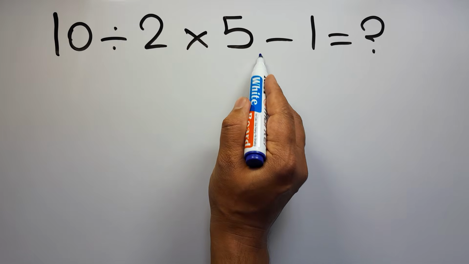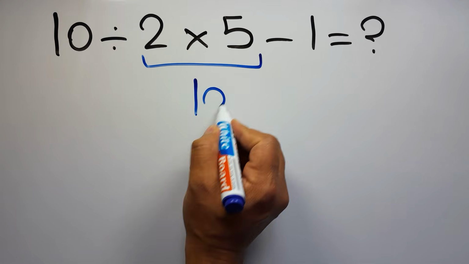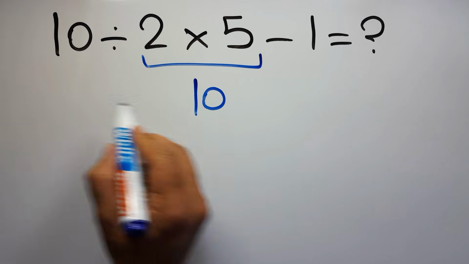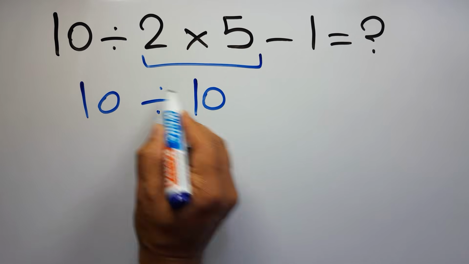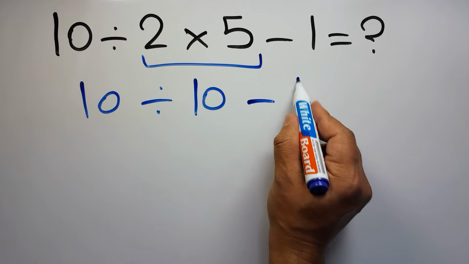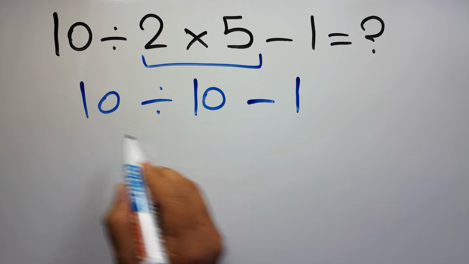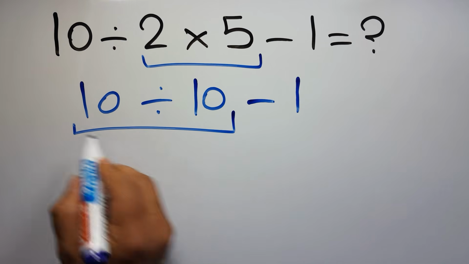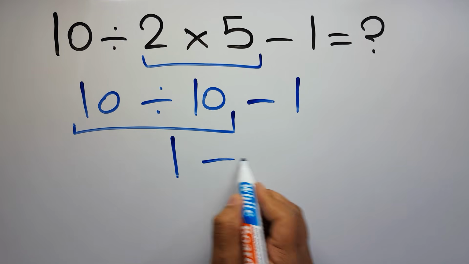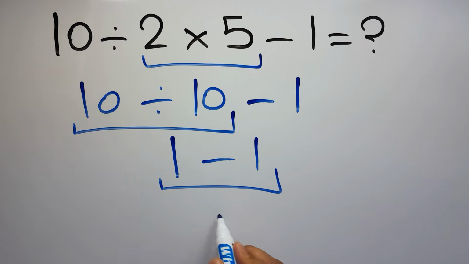2 times 5 gives us 10. So 10 divided by 10, then minus 1. Okay? 10 divided by 10 gives us 1, and 1 minus 1 is just 0. But this answer is not correct,